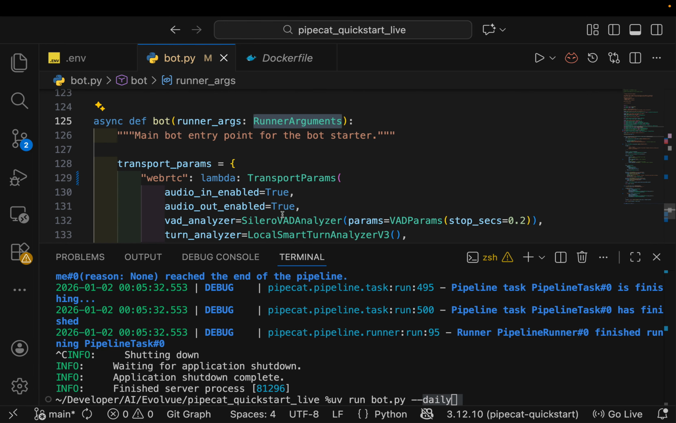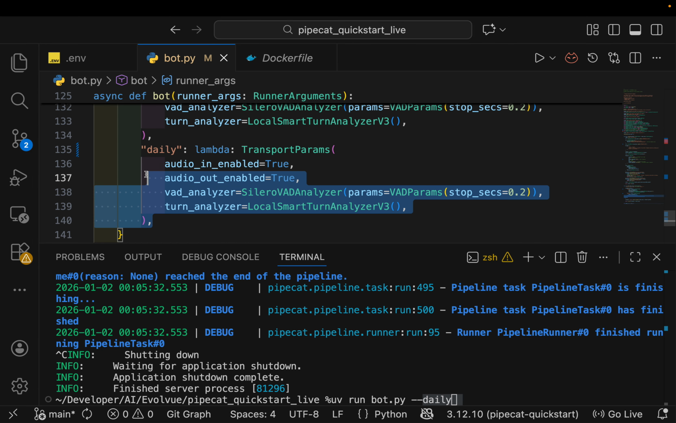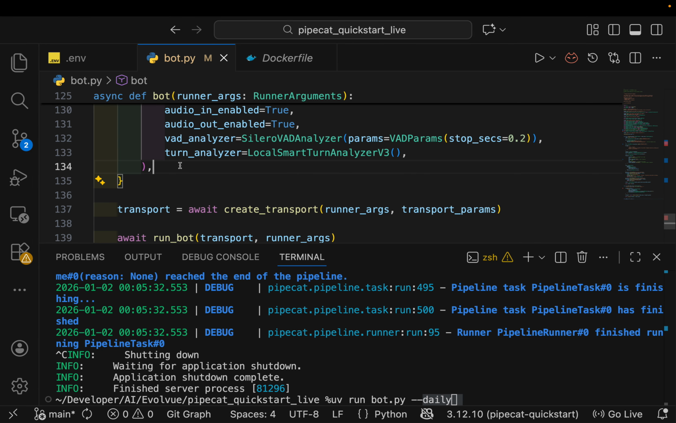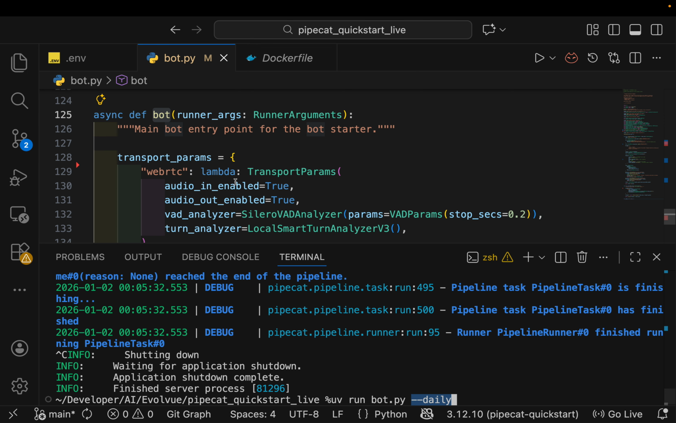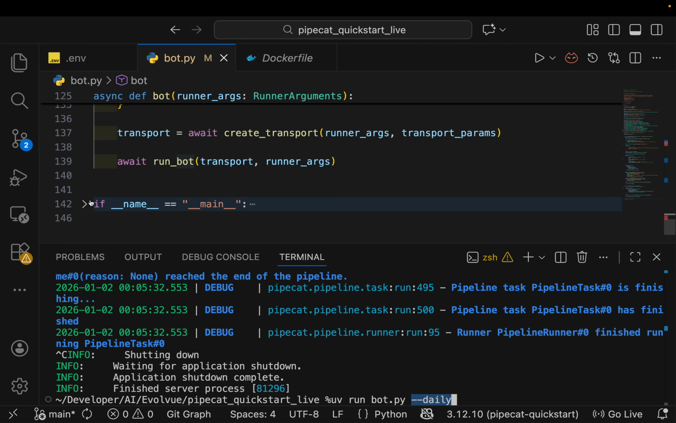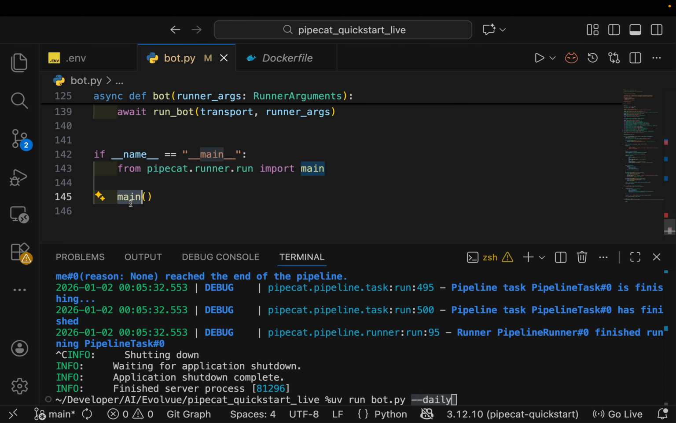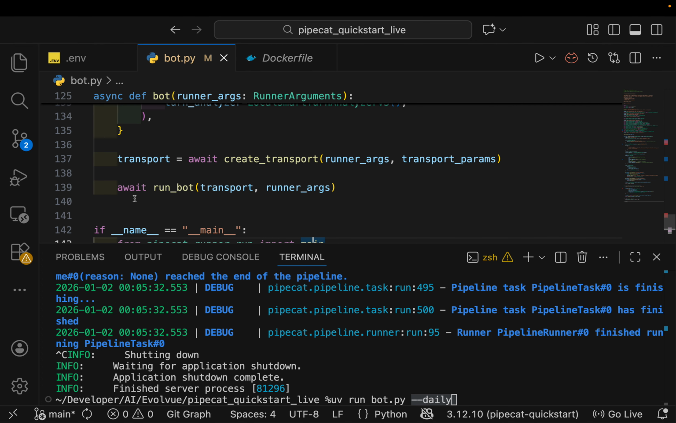And you must be thinking, who is calling this bot function, and who is passing this runner argument from this particular daily? So it is all handled by this main function. All this internal logic is written inside this pipecat runner run, from where we are importing this main. So this main function automatically